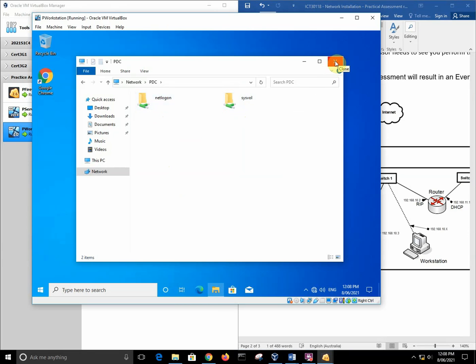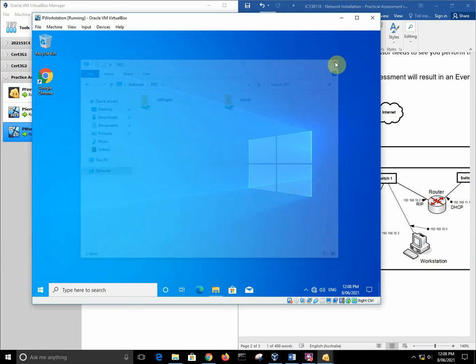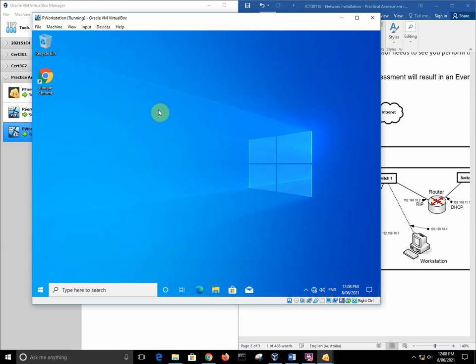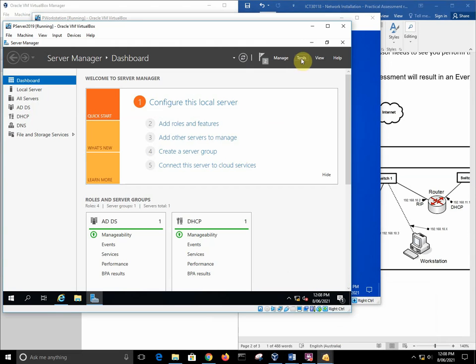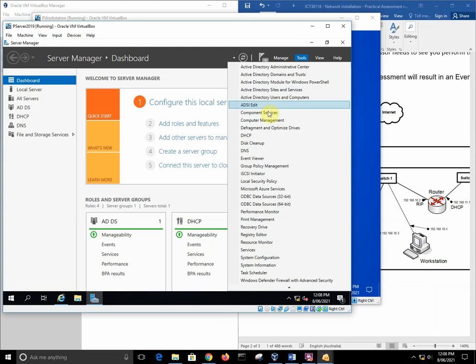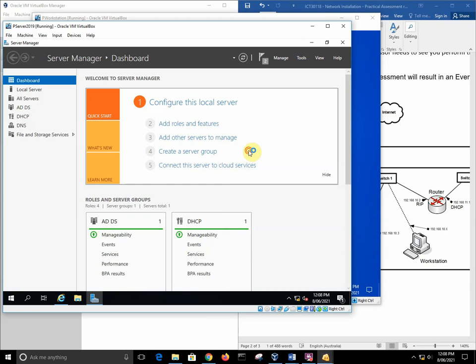Okay, so our Windows 10 workstation machine is a member of the domain. It's getting an IP address from the DHCP server. The other thing that we can check in our domain controller, we've checked that it's got a DHCP address. We've checked that it's in Active Directory Users and Computers. The other thing we can check is DNS. So if we check DNS,